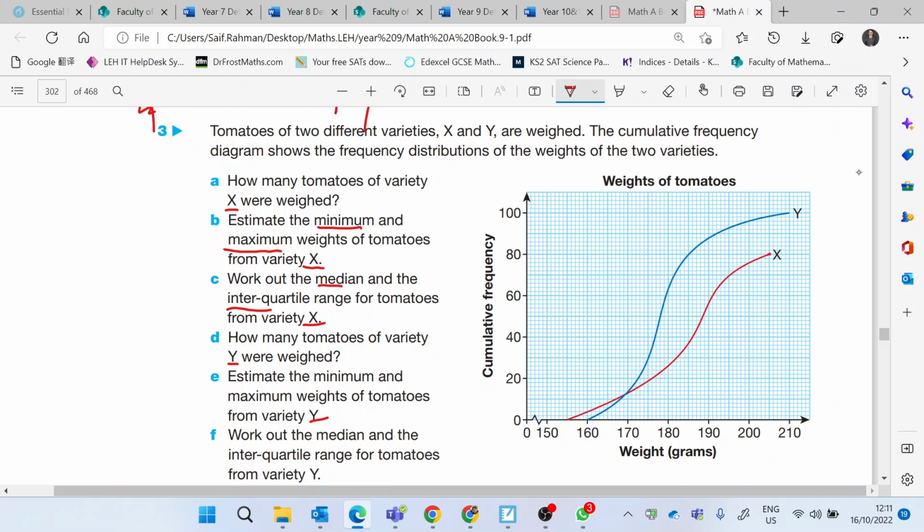So here this is the point, and if you look at this line, so here 80,